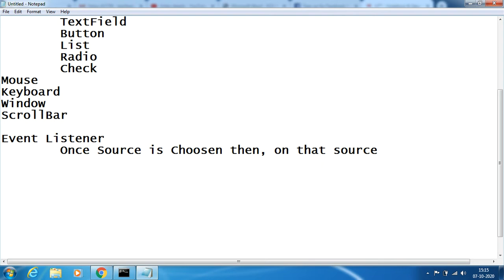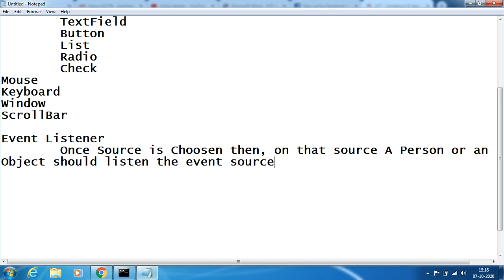So listeners are something like interfaces. Once the source is chosen, a person or an object should listen to the event source. Listening in the sense that there should be some kind of action we have to perform on that particular event.